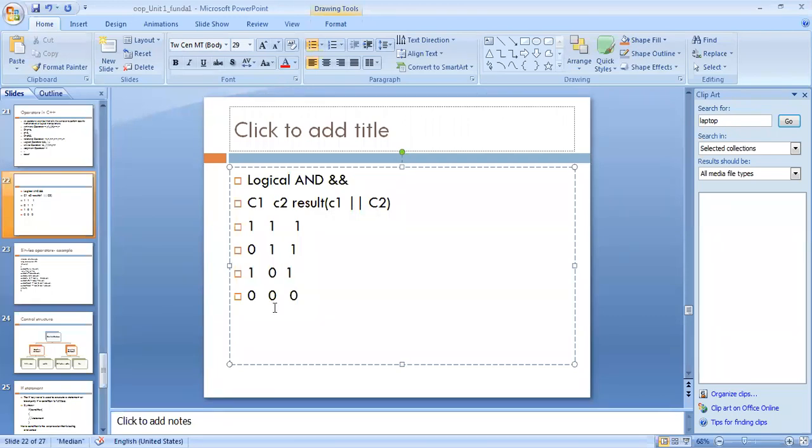In logical OR, if both the expressions are false, then the final result is false, otherwise if any one condition is true or both the conditions are true, in that case the result is true. That is logical OR. And then NOT.